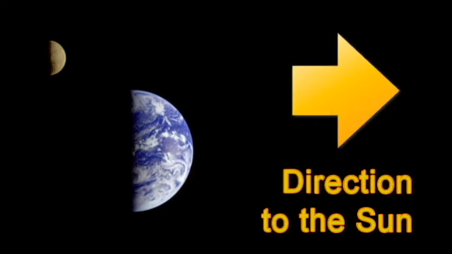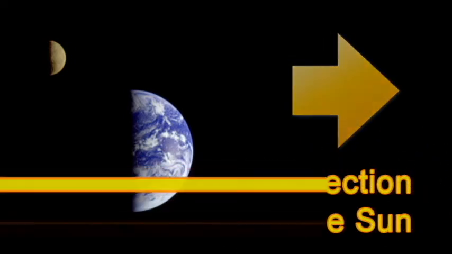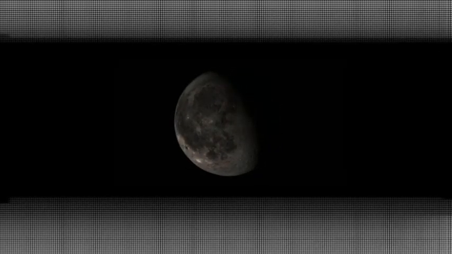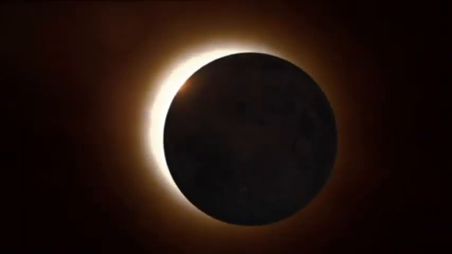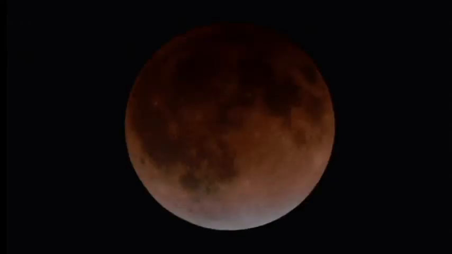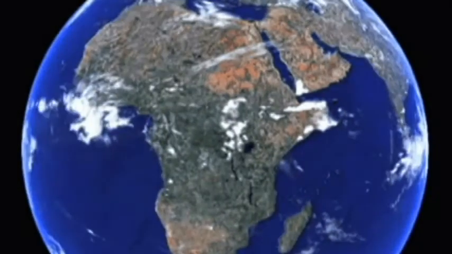Because remember, the lit part of the lunar disk is just the daylight side of the moon. That's it. And during a new moon, even though we don't see it readily with our eyes, it is there. The supposed dark side of the moon is actually lit at that point. So there's no true dark side of the moon. It's just during a new moon, the side we observe is in darkness. It's the nighttime side of that moon. That's why we get solar eclipses, when the moon's orbit crosses the ecliptic. And we get lunar eclipses only during full moons because of the opposite. The moon crosses the ecliptic in a full moon phase.